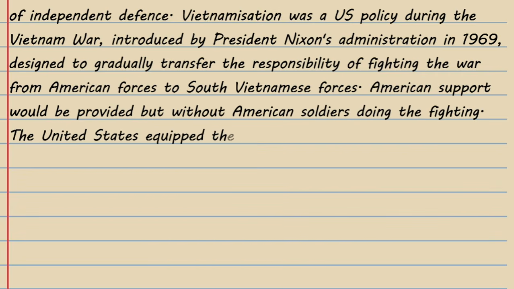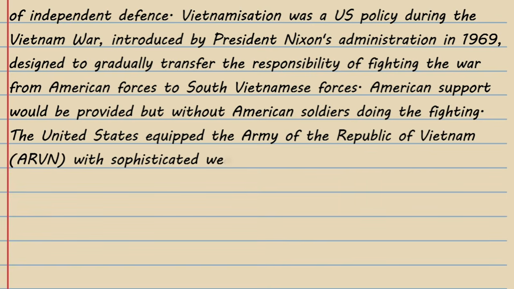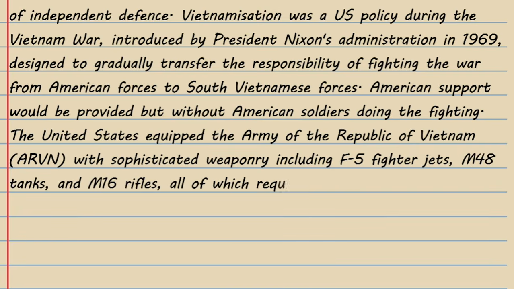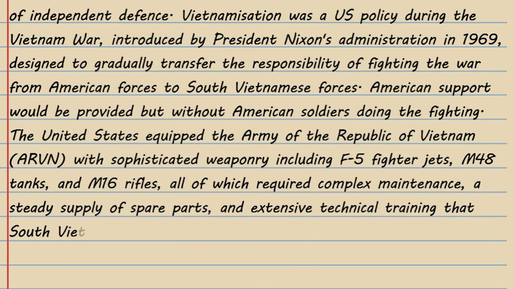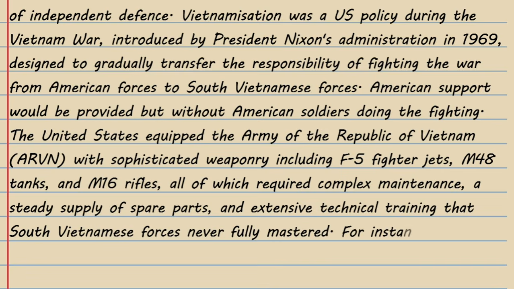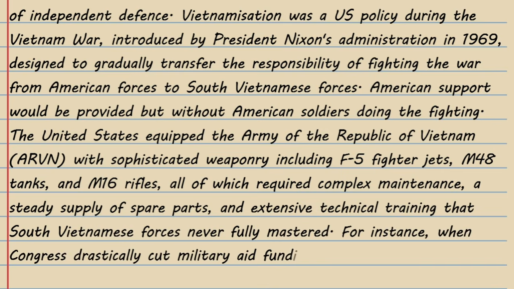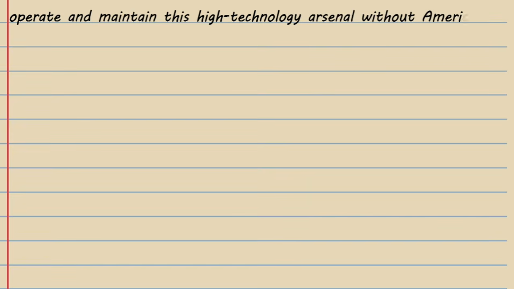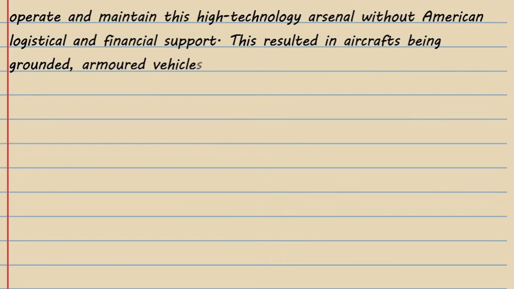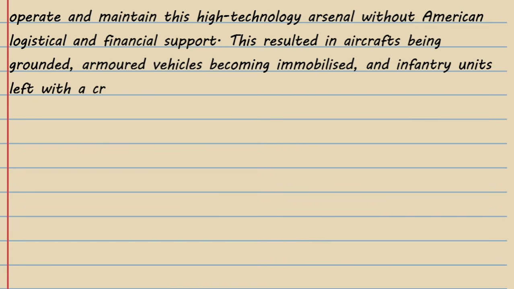The United States equipped the Army of the Republic of Vietnam with sophisticated weaponry, including F-5 fighter jets, M48 tanks, and M16 rifles, all of which required complex maintenance, a steady supply of spare parts, and extensive technical training that South Vietnamese forces never fully mastered. For instance, when Congress drastically cut military aid funding in 1973 and 1974, following the Paris Peace Accords, the Army of the Republic of Vietnam found itself unable to operate and maintain its high-technology arsenal without American logistical and financial support. This resulted in aircraft being grounded, armored vehicles becoming immobilized, and infantry units left with a critical shortage of